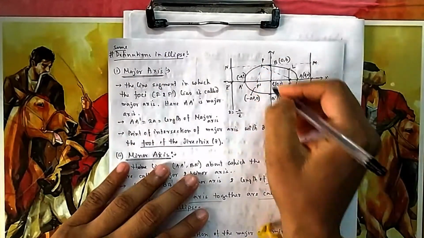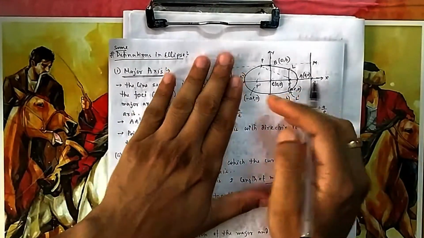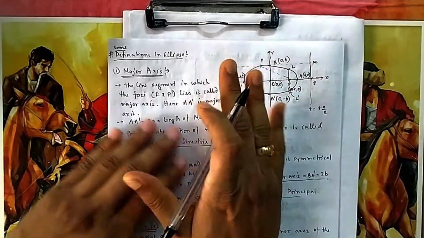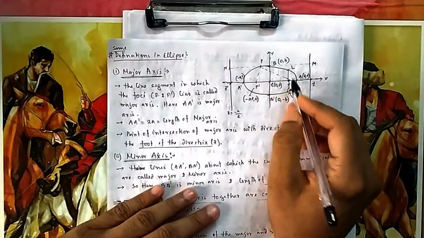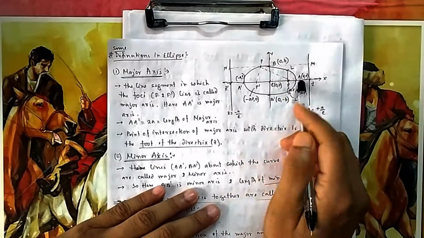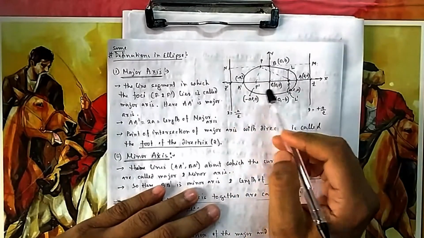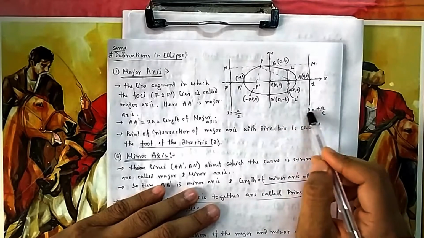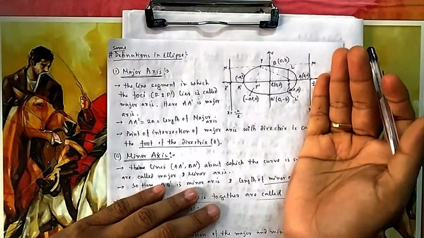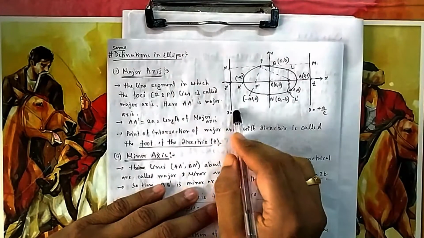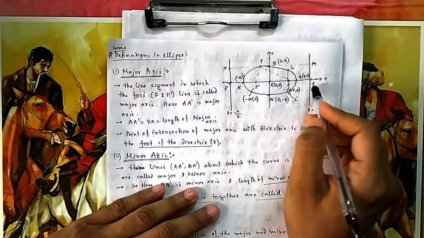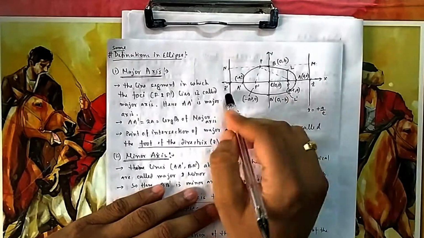If you see these two sides, focus F dash and F, how there are two foci and two directrices is coming, for that you just wait for some time. Let us mark all these points. This one you have seen, this is (a, 0), (-a, 0), (0, b), (0, -b). This focus we have calculated, this is (ae, 0), (-ae, 0). This directrix we have calculated, x equal to plus a/e. Let us take a reflection of that directrix this side, x equal to minus a/e. Let us take reflection of that F on this side, F dash. Let's mark this point Z dash and Z.